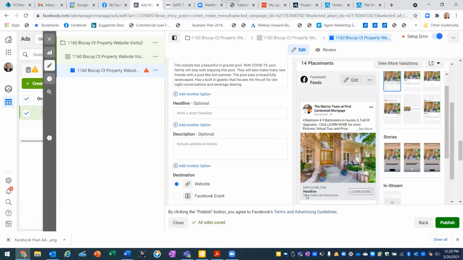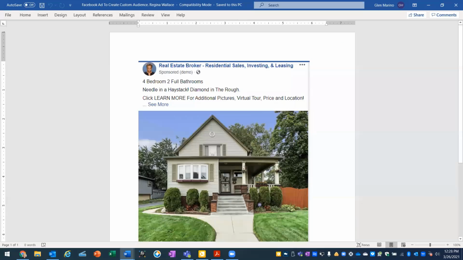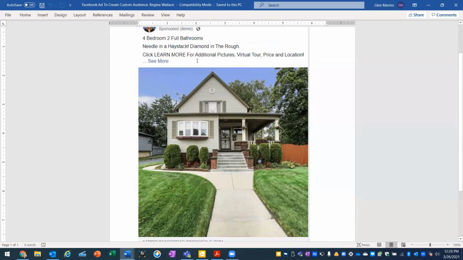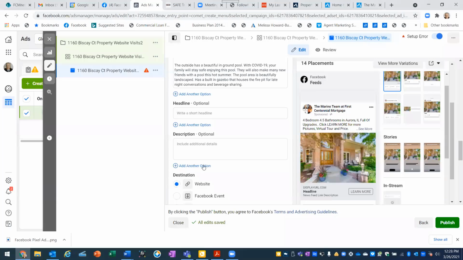Then let's go to the headline. The headline is down below here. And if we go back to our cheat sheet a little bit, remember this one here, where we had the ad. It had the little see more, click learn more, but it says click learn more to see this needle in a haystack. Okay, so let's go back over here to our Facebook, and on the headline, we're going to say click learn more